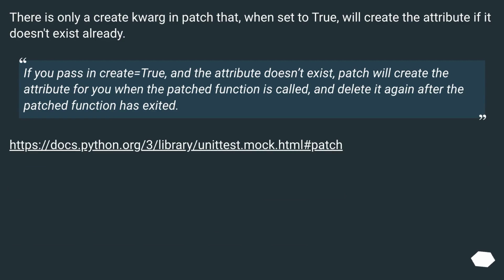There is only a create kwarg in patch that, when set to true, will create the attribute if it doesn't exist already. If you pass in create equals true, and the attribute doesn't exist, patch will create the attribute for you when the patched function is called, and delete it again after the patched function has exited. This URL